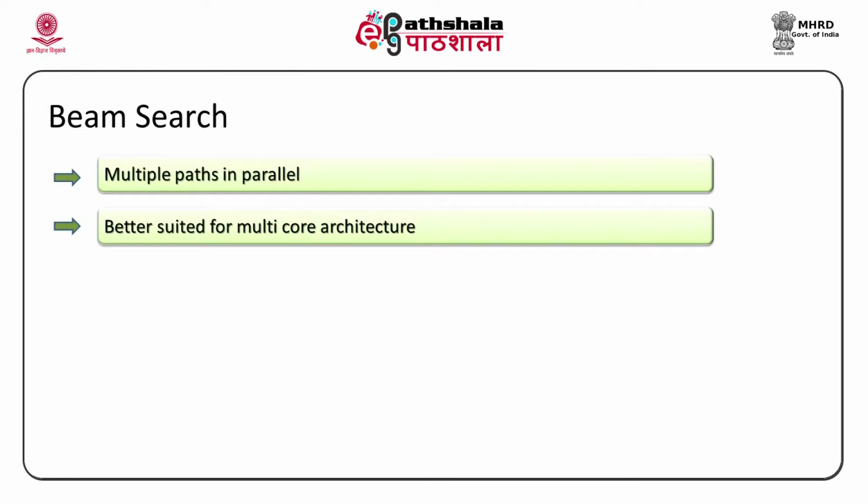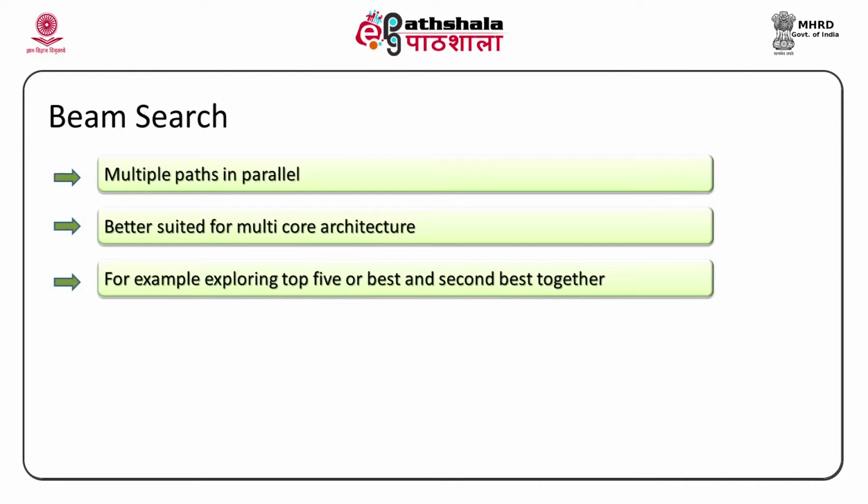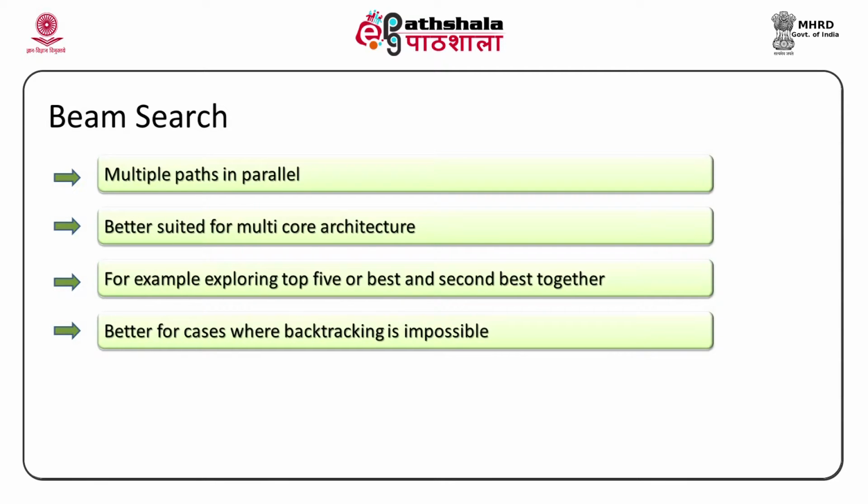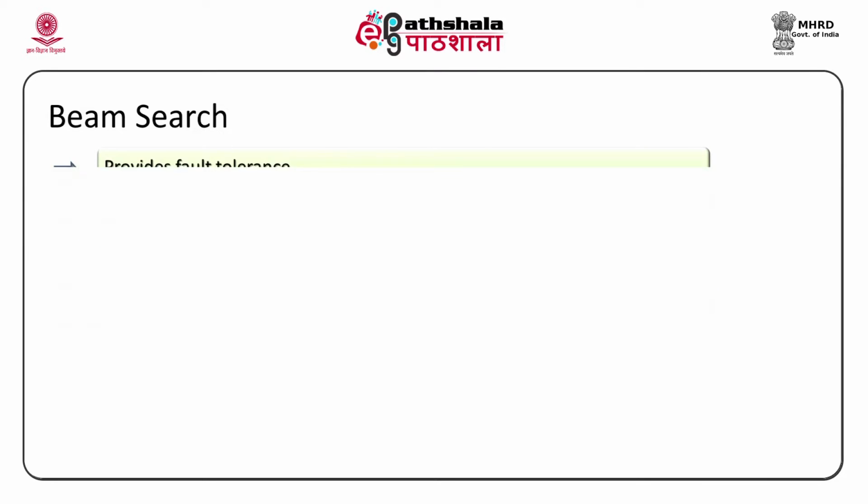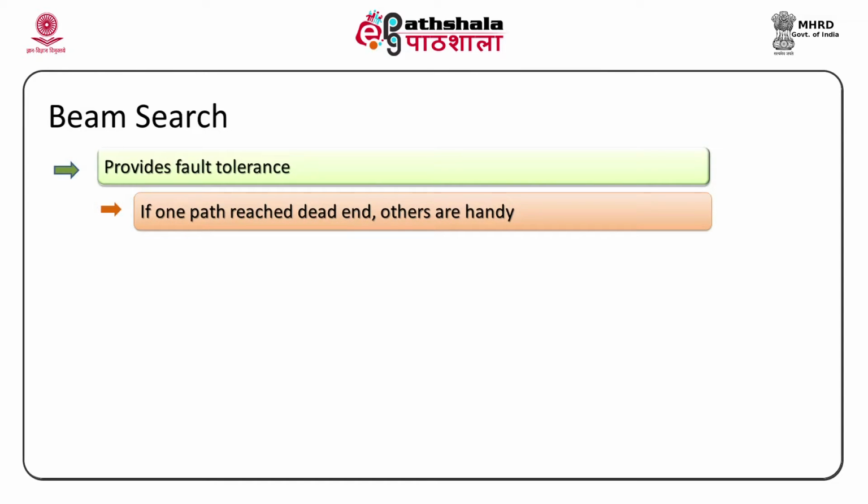Okay. You may do that, for example, you may just pick up the top 5 nodes in chess kind of, okay, and pick up the best at the end, okay. So, that is fine. In case where backtracking is impossible, for example, chess, if you have taken a path you cannot come back, this is the best method because you are exploring everything in parallel. If there is a dead end you can always try the other path, but then chess is not all that good an example, but there is one more example. But anyway, I will talk about that example soon. It provides fault tolerance. As I said, if you get stuck somewhere, the alternate path is going to be useful,